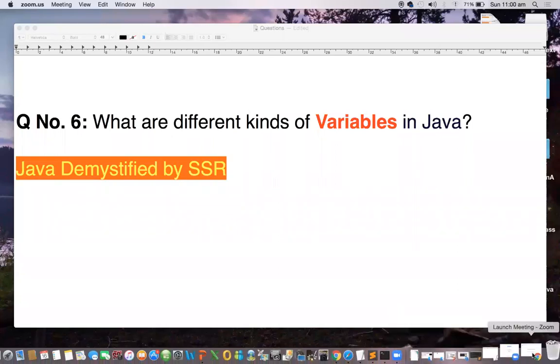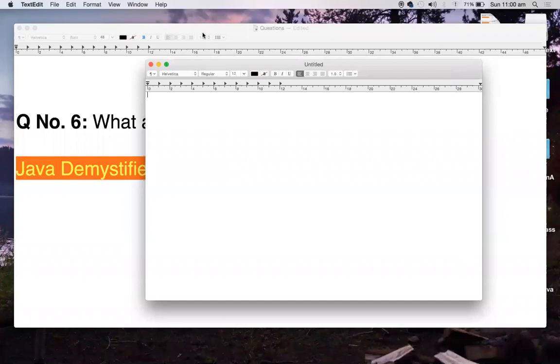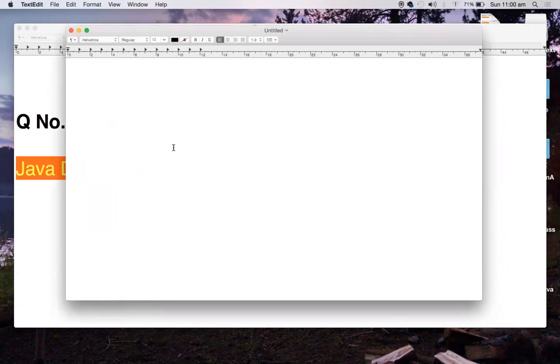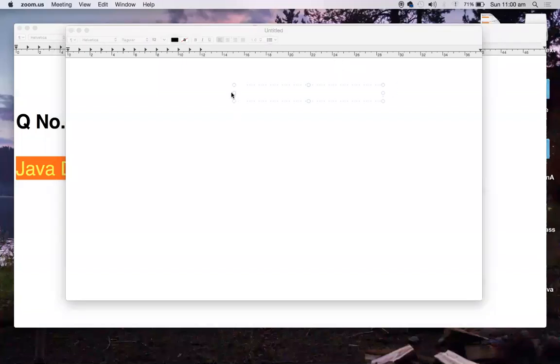So let me explain with some illustration. I'm here having my text edit, like a notepad kind of thing, and let me annotate here. Now, we are discussing variables in Java.